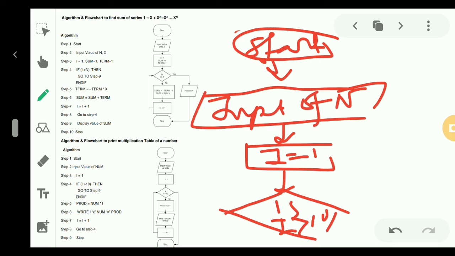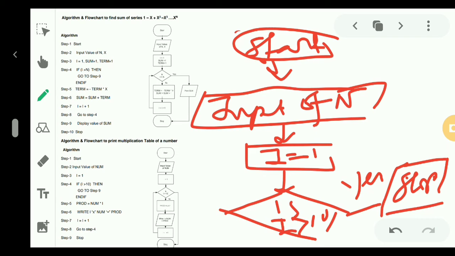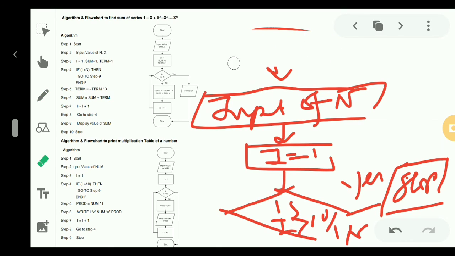If it is yes, then we have to print it. After print we will stop. And if it is no, then what will happen? Let's see what will happen if it is no.